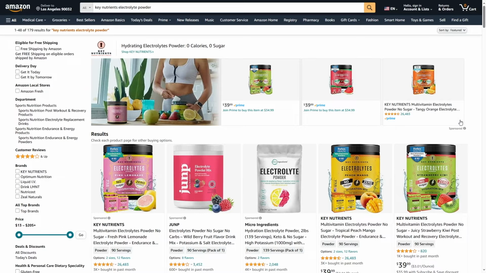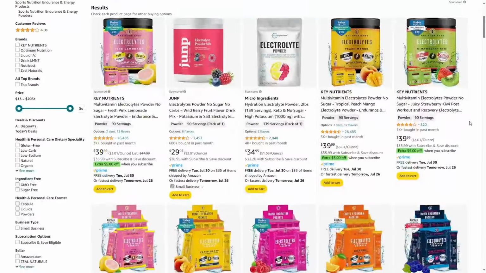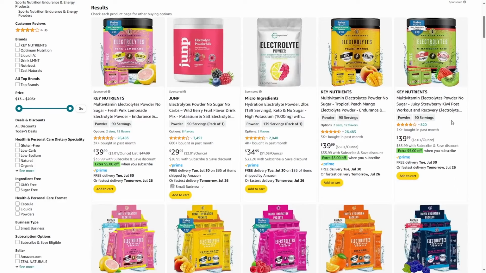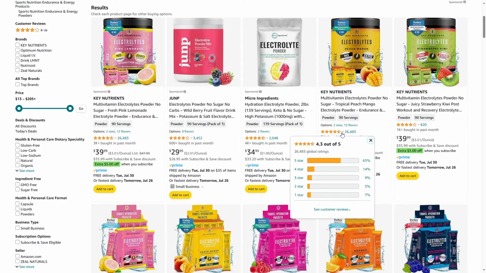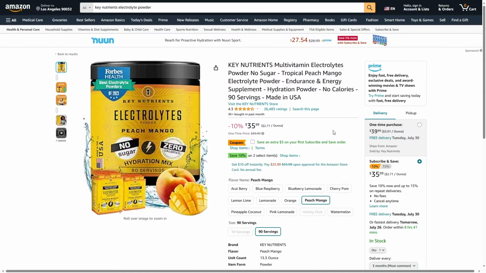For example, Key Nutrients did this. They are an electrolyte powder, but they found that chromium supplements had a top seller with the least amount of revenue. So they adjusted their formula to add chromium, categorized themselves as a chromium supplement, and blasted money on ad spend, grew their revenue, and got the bestseller badge. All of a sudden their sales skyrocketed, and now they were incredibly profitable, even though they were losing money just trying to get there. So that is the only strategy to utilize badges. Okay. Gotcha.